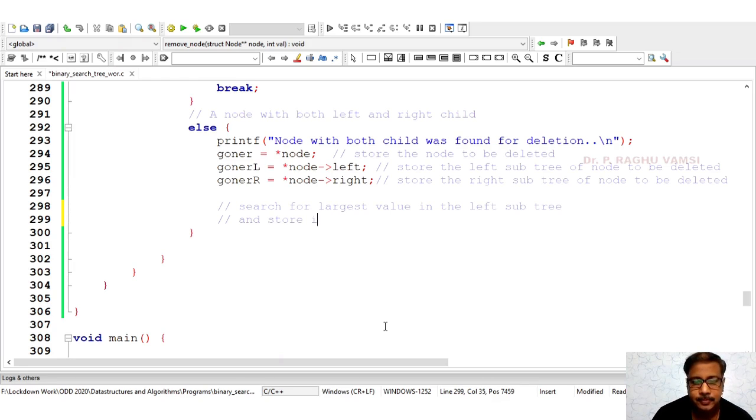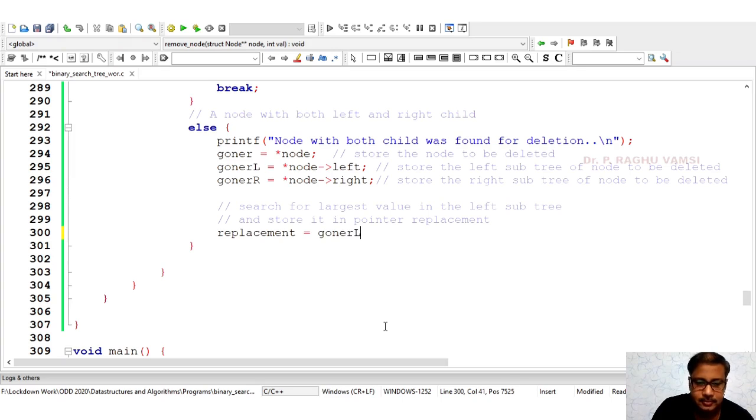Once you identify the left subtree's largest value, store it in a pointer. This largest node is to be replaced in place of the node which is going to be deleted. So store it in the pointer replacement. So replacement is equal to goner L. Now we are supposed to search through the right side.